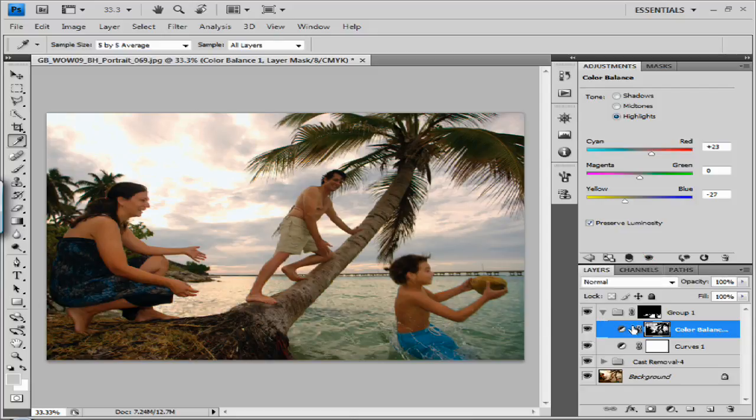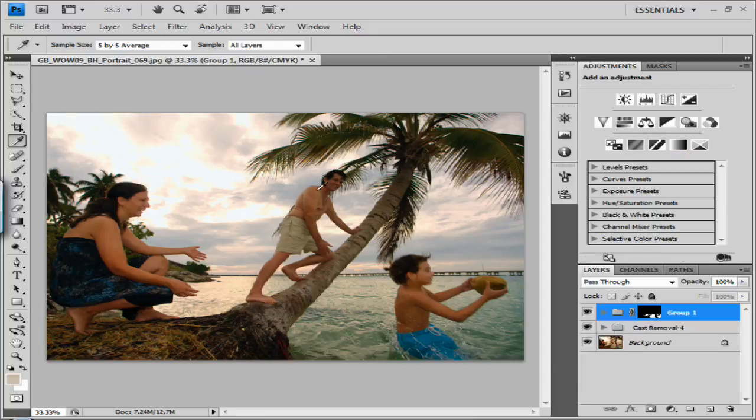Okay. And the great thing about using adjustment layers is that you can always tweak it later if you change your mind, or turn it off completely. So you always have that room to move around. Okay. So next, I'm going to save the skin tone for a little bit. Maybe we'll work on the